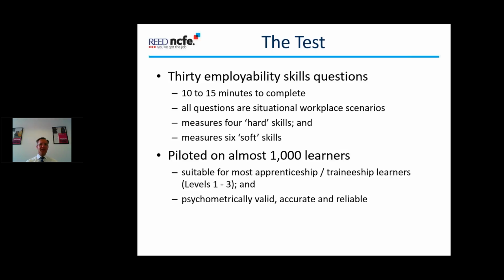It's gone through a number of different iterations to get to the point it is today, and over the course of that year we've piloted those various iterations on almost 1,000 learners. In doing that pilot we wanted to make sure the test didn't take too long to complete, so no more than 15 minutes. We wanted to make sure that it measured the right skills, those 4 hard skills, those 6 soft skills, but we also wanted to make sure that the test was suitable for most of your apprenticeship, traineeship learners, so effectively